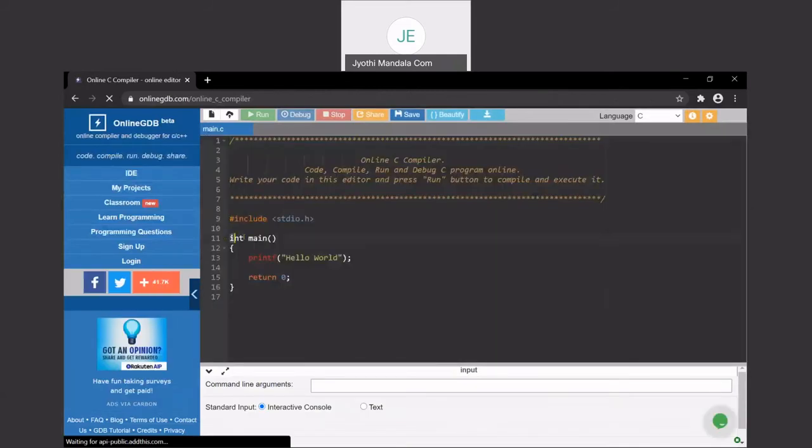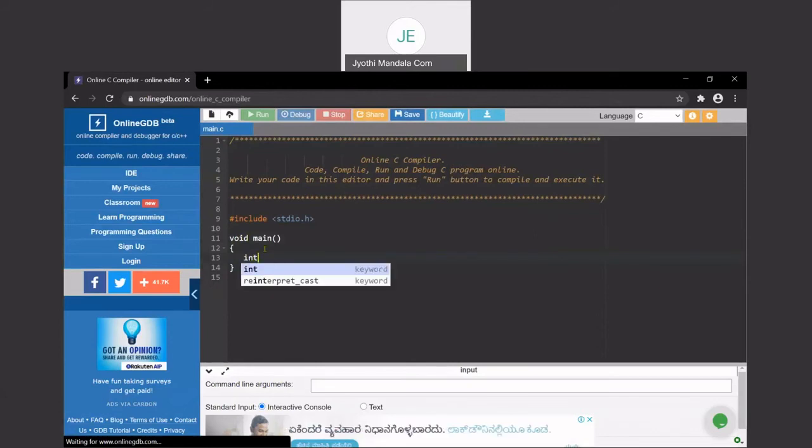Okay, now, what is the first input? We need to ask the user. Let us consider row size, column size. M1 is the first matrix. Let us give the size of 3 for our simplicity, and M2 size of 3. Remember, even if you are reading the row and column values, some memory should be allocated for this.